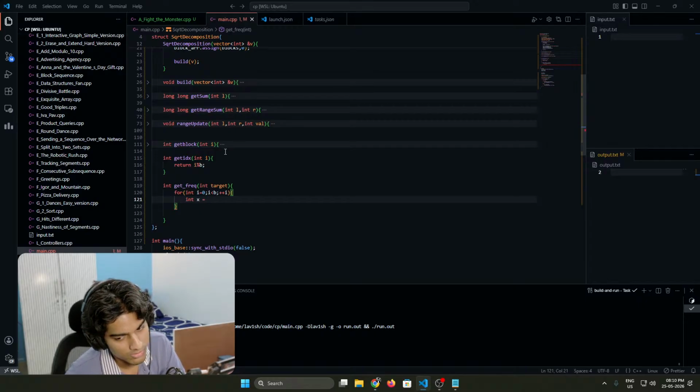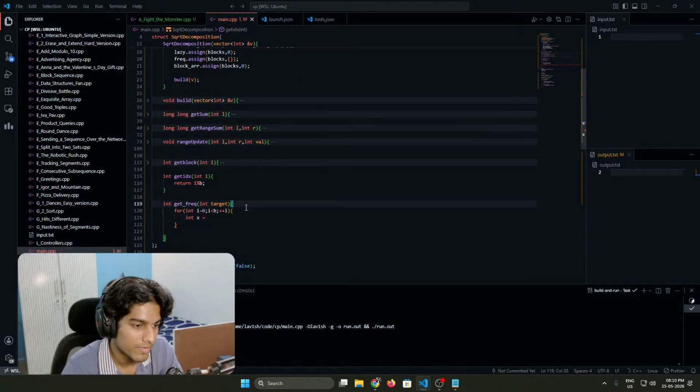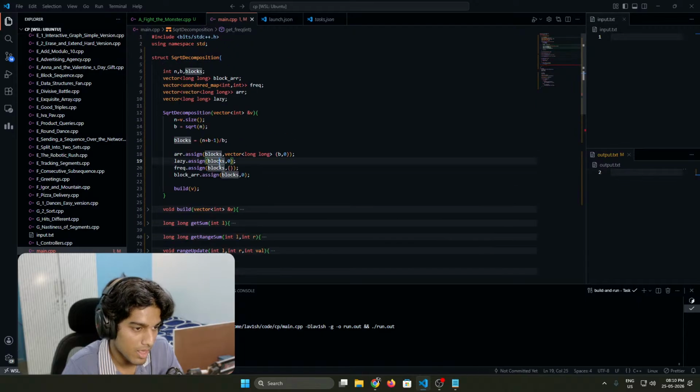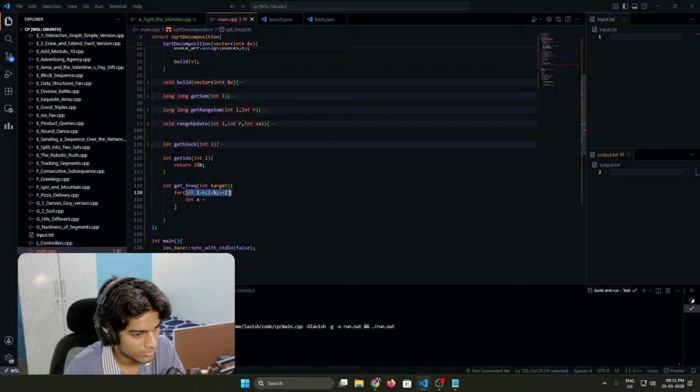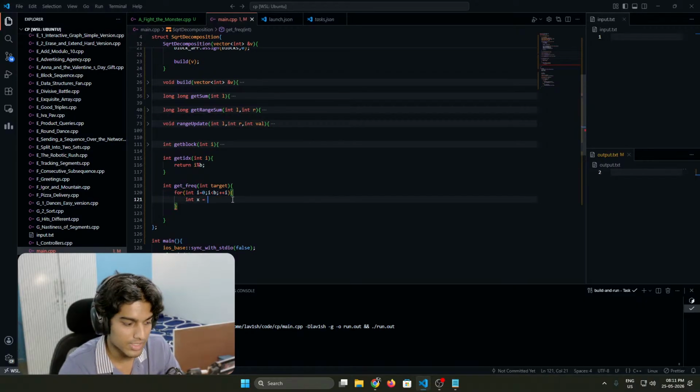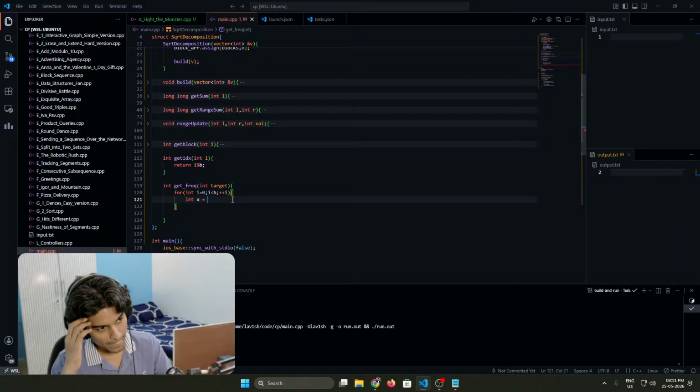Okay, so we will probably, so we have lazy for a specific block, and if we have incremented the value, we need to search for